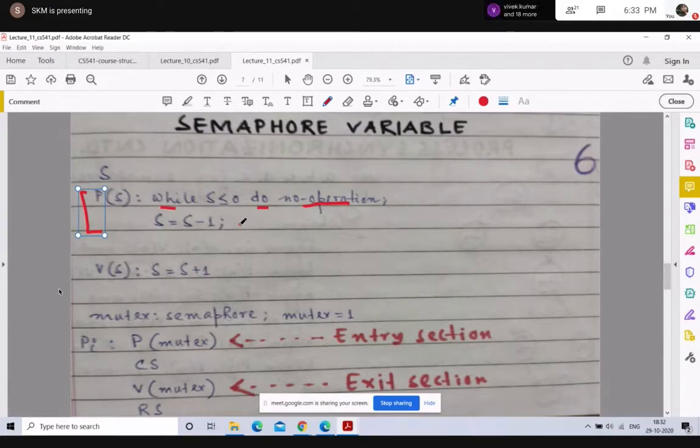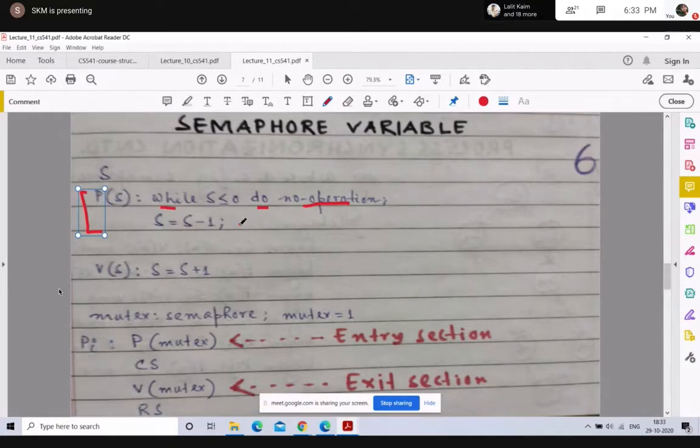Now, let us see how we can implement this. This is the idea of defining the semaphore variable. So now what we are going to see is how we can implement the mutual exclusion problem of the critical section using semaphore.